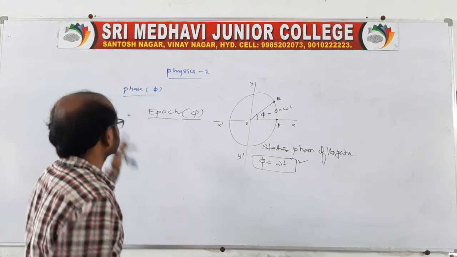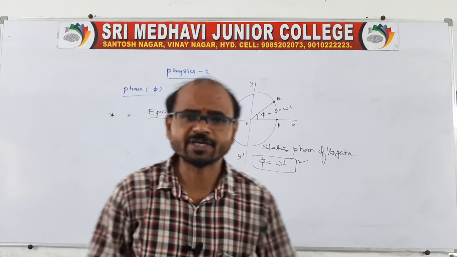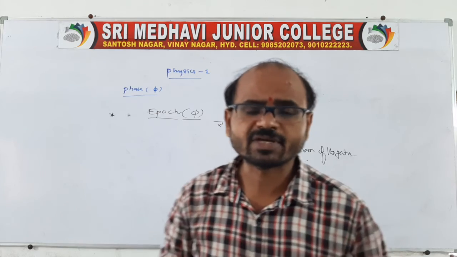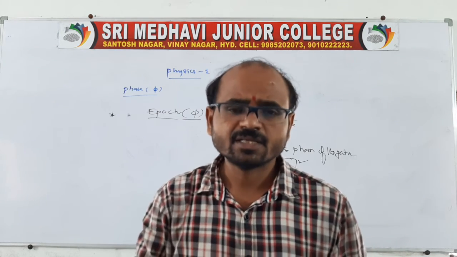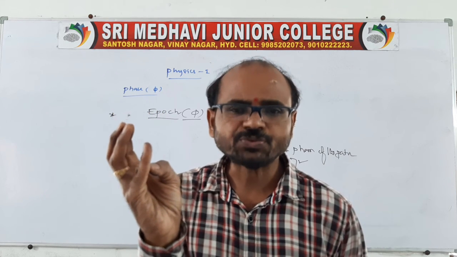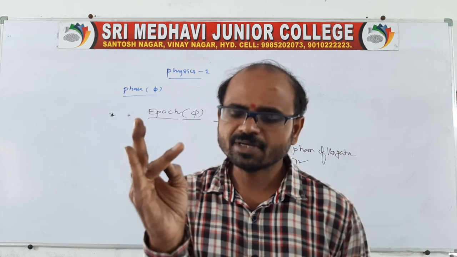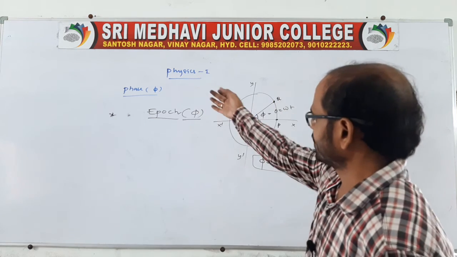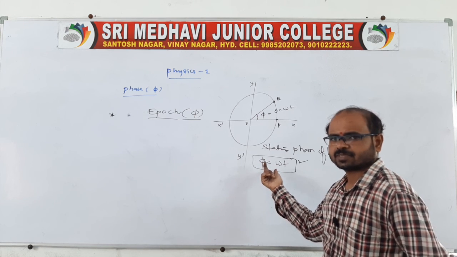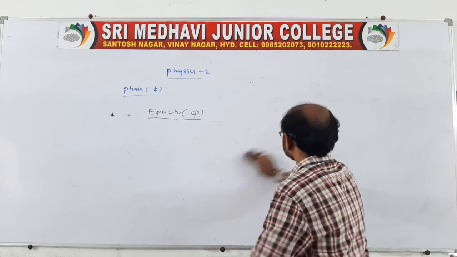Right? So these are related to phase and epoch, the parameters on the circumference of a circle, in a particular circular orbit or reference circle. First we finished displacement, then amplitude, then velocity, then acceleration, then time period, frequency, phase and epoch. Everyone remember epoch. Clear? So the reference circle parameters are finished.